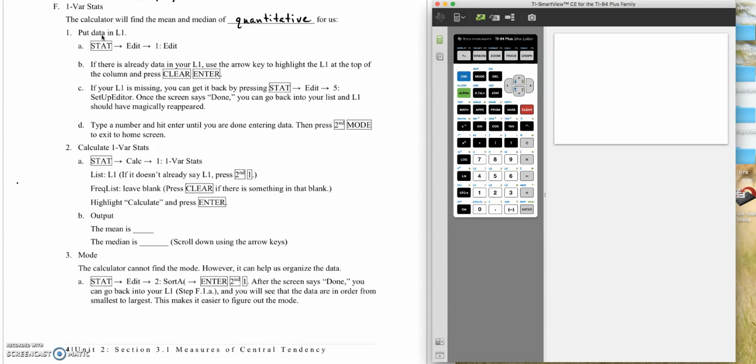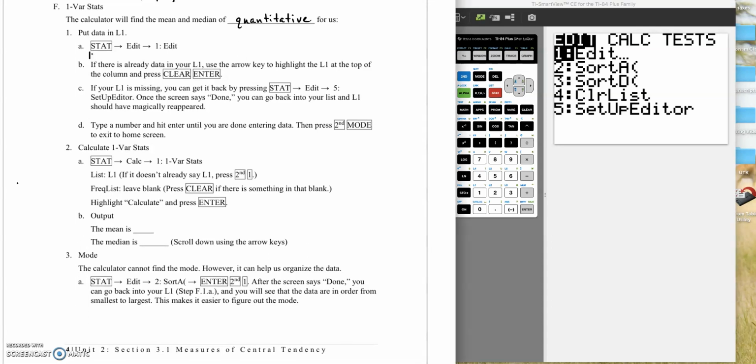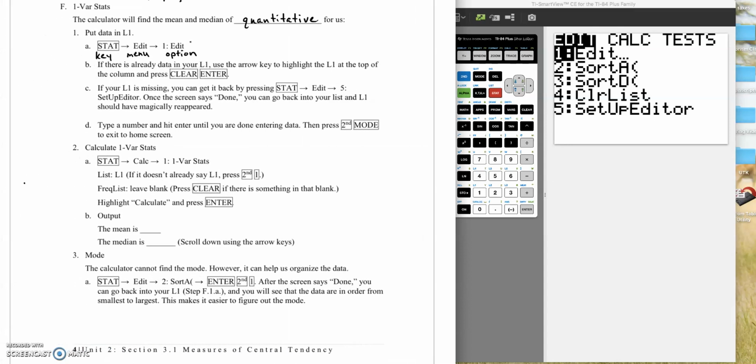To put your data in list one, because first you have to enter the data, you hit the stat key, which is right underneath the delete key to the left of the arrow keypad. So you hit stat. Anything in a box is a calculator key. Then we have this arrow which just says next thing to look for, usually it's a menu. And then the next thing will be the option under the menu. So we hit the stat key,